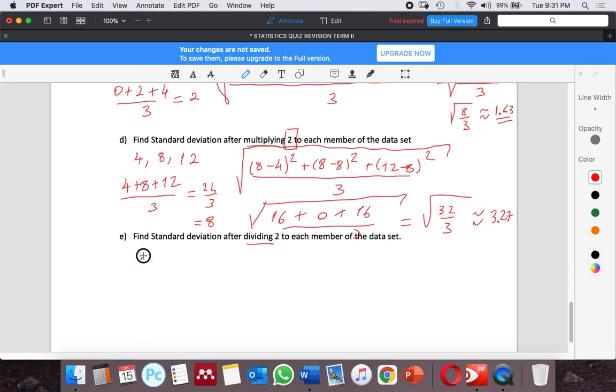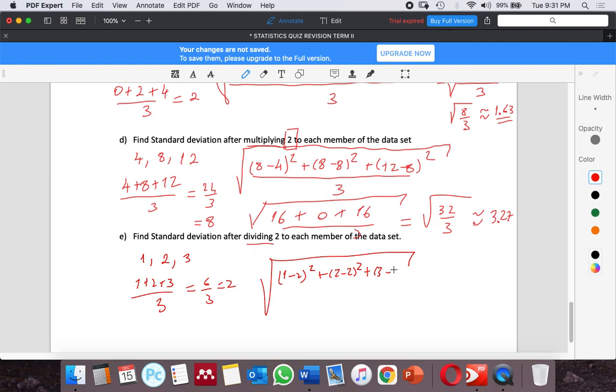So for division, if we divide by 2, the original data was 2, 4, 6. 2 divided by 2 is 1, 4 divided by 2 is 2, and 6 divided by 2 is 3. So the mean will be 1 plus 2 plus 3 over 3, which is 2. To find the standard deviation, the mean is 2: 1 minus 2 squared plus 2 minus 2 squared plus 3 minus 2 squared, divided by 3. 1 minus 2 is negative 1, squared is 1, then 0, and 1, divided by 3,